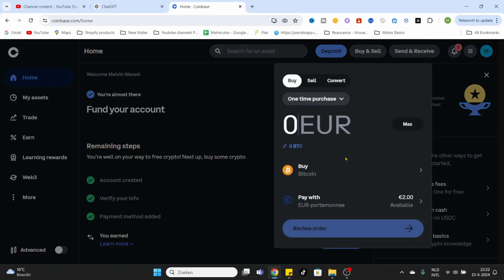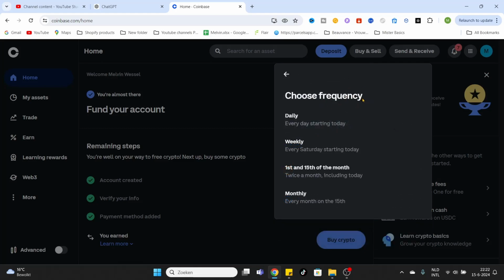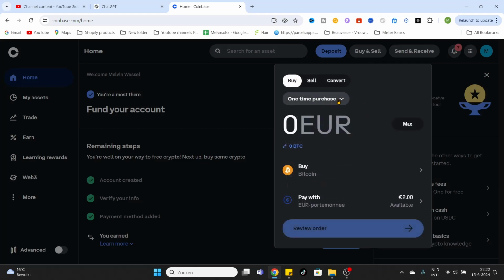The purchasing overview will be opened and you can select right on top here the one-time purchase. Click on it to select the purchase frequency. You've got different options to choose. A daily option, a weekly, a twice a month or a monthly option. As you can see, I will leave it on a one-time purchase for now